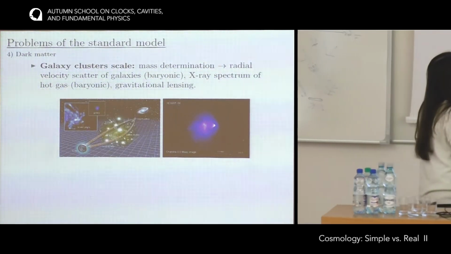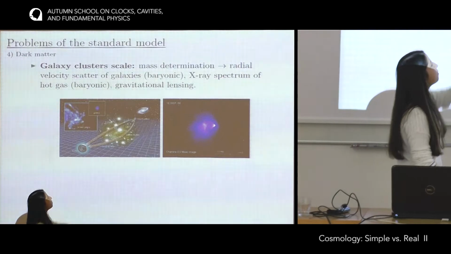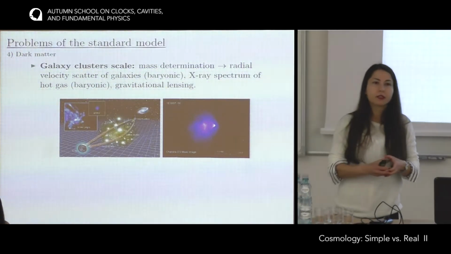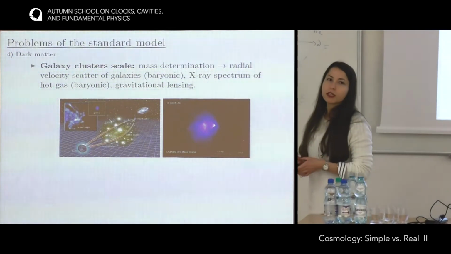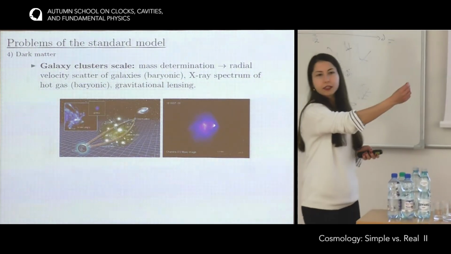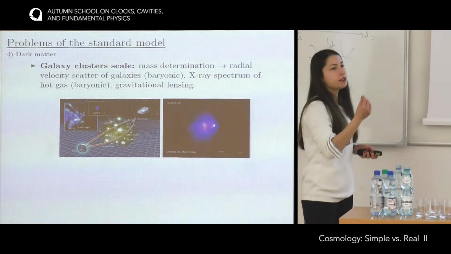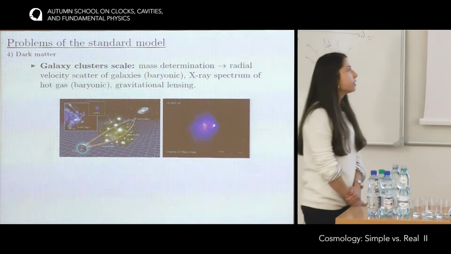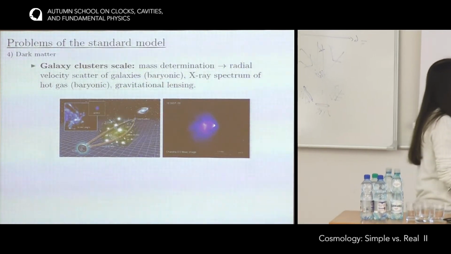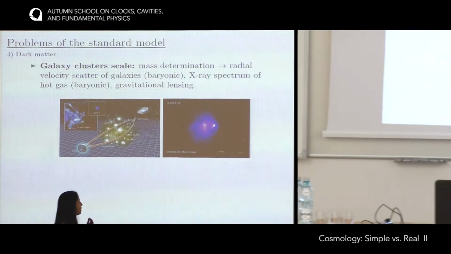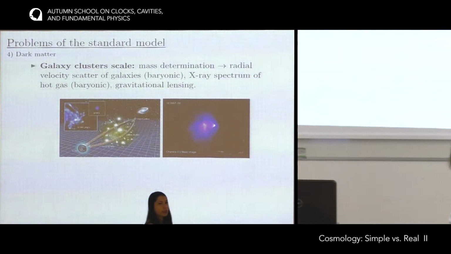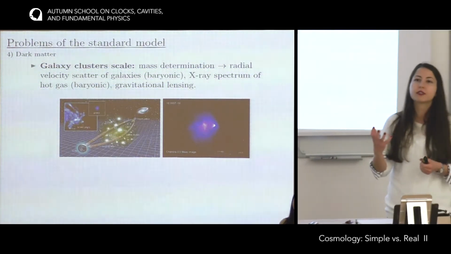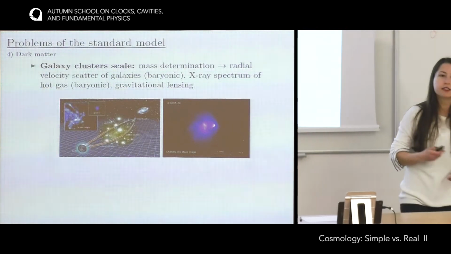Okay, so let's say you're on Earth and you want to observe a distant galaxy. If there's an intervening galaxy cluster or some object, the light of this distant galaxy that you want to observe is bent, and you see multiple images of this distant galaxy. So by looking at the images that you have of this distant galaxy, you can get an idea about this intervening galaxy cluster's mass, right? This is how you get the